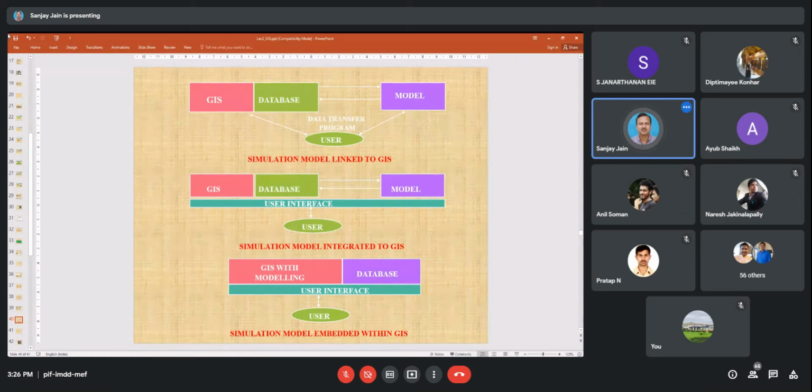And the third level is if I have to do certain kind of modeling or programming in GIS to solve that water resources or hydrological problem, then I have to do certain kind of programming also. So it is a little bit difficult. I have to have the knowledge of programming or coding. Okay, so generally we are doing the first and second level of integration of GIS and a model in comparison to the third one, because it is a little bit difficult kind of integration.